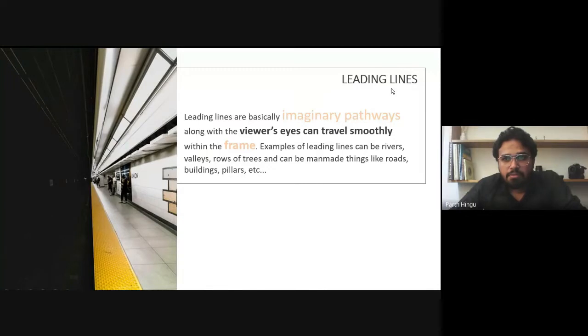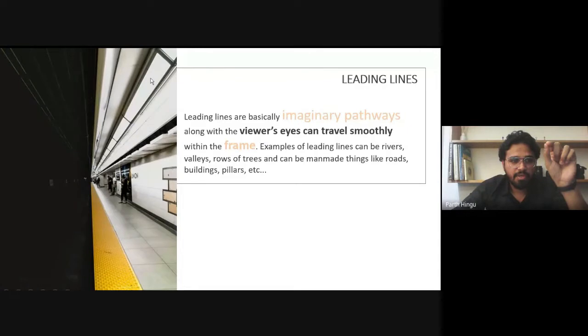So this is the leading line. You can see this imaginary line. So when you click a photograph, just keep some of these basic rules and compose your photograph very well. So it focuses at a point. So yeah, it's a station.